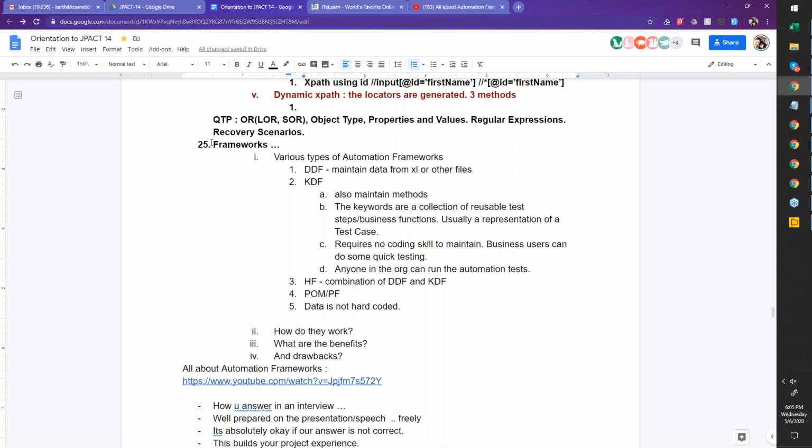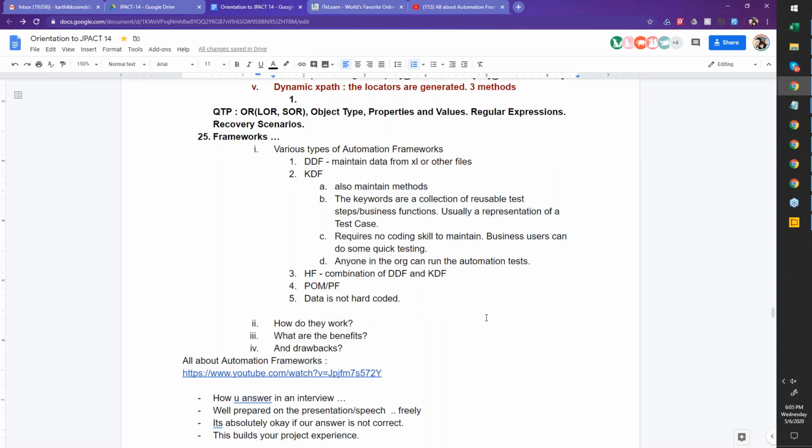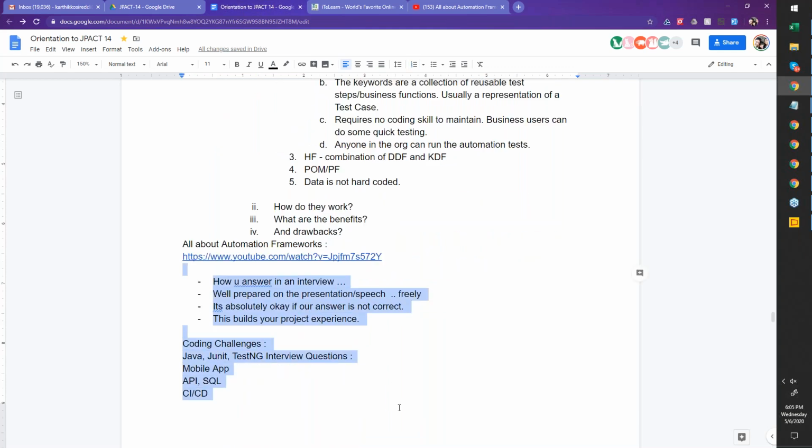Please, team, come prepared a little bit more on frameworks. I would like more people to participate in giving the answer. We will go deeper into them. And let's try and understand how we give answers on each of them. Okay? Whatever we're learning, let's put them into a good place now.